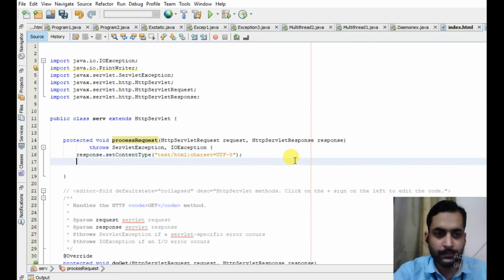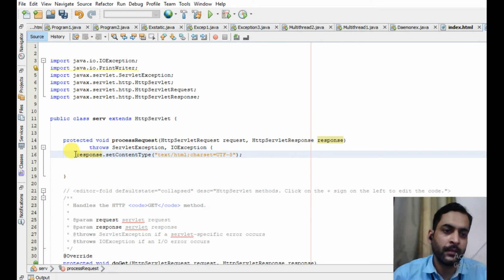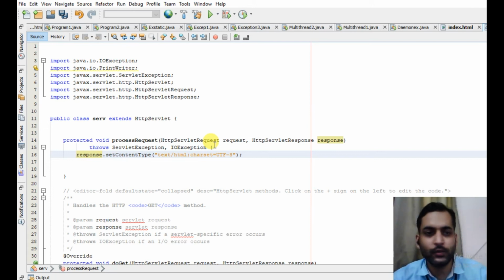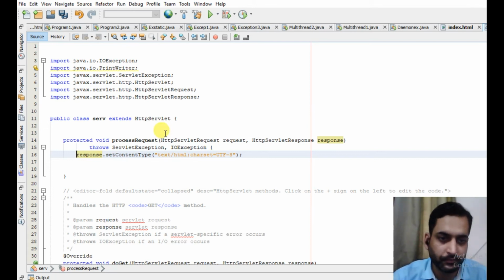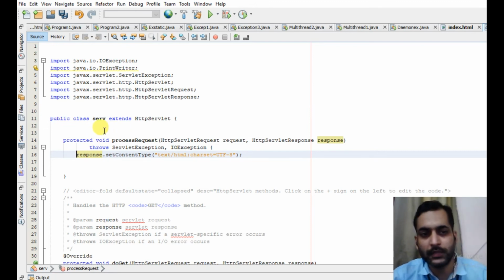So now come to the first line of this method. This is the signature. You all have to memorize the syntax of this class. First, servlet name. Servlet class should extend the HTTP servlet, and then it can have three lifecycle methods like init, do get or do post method, and destroy method.